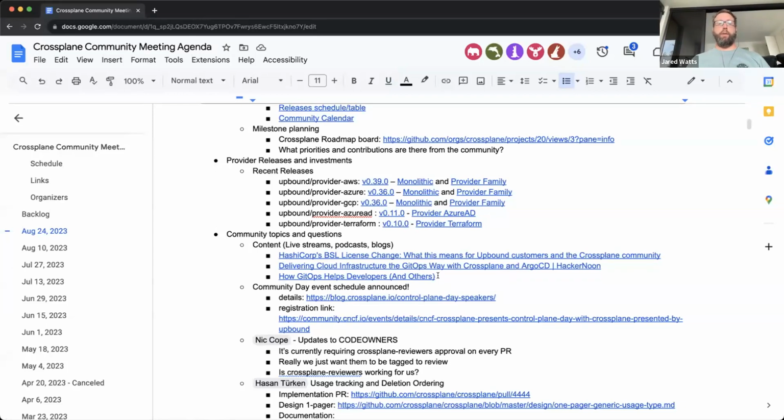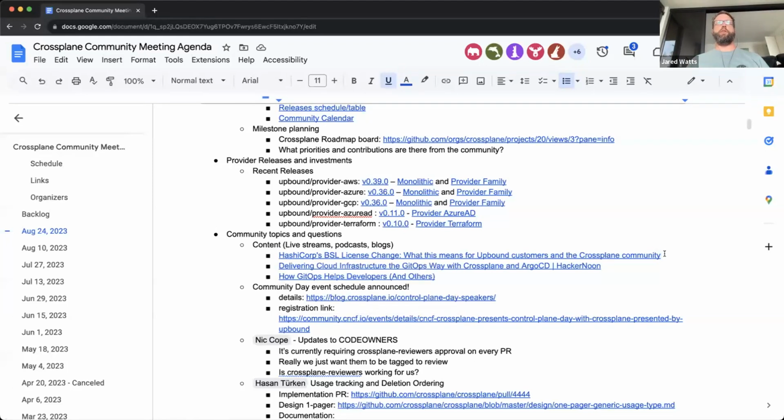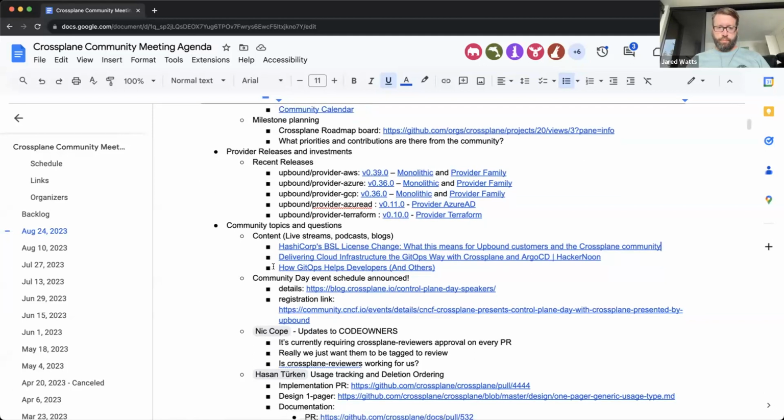One is that we are not updating our usage of Terraform CLI to a version that has the BSL license. And then long term, we do want to remove usage of Terraform in the long run and have more native cloud provider mechanisms and code generation, et cetera, for generating providers. So that's kind of the too long didn't read on that one.